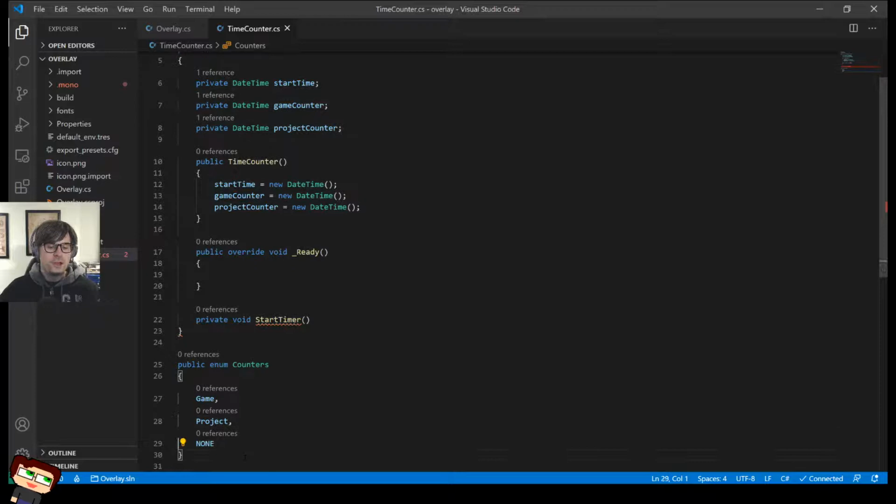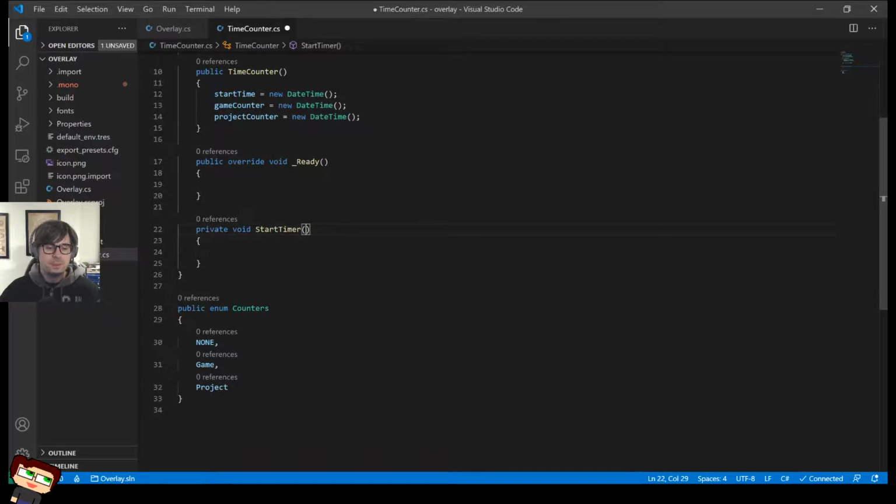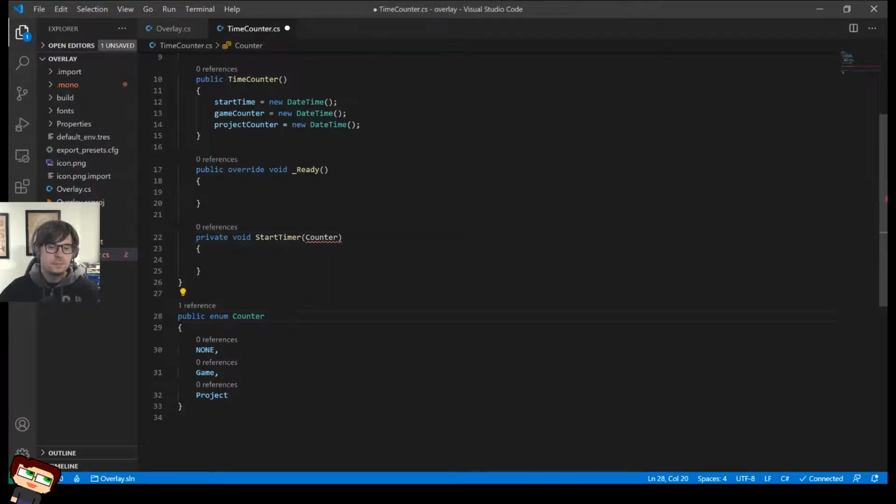Let's actually default none to be the first one, just for fun. None. Great. So on the start timer, your method is going to require you to have a default one to start with. So it's going to be counters counter, start counter, or start with counter. There we go. Start with counter.